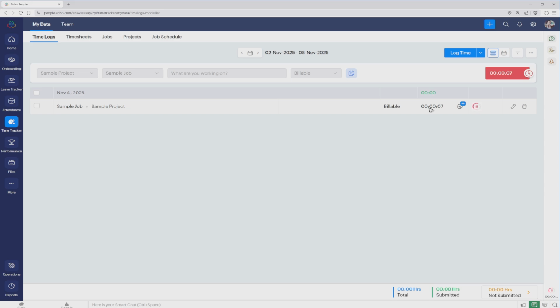Okay. If you want to stop the timer, just basically click on the red button right here that says stop timer. That's basically it. That is how you start a timer